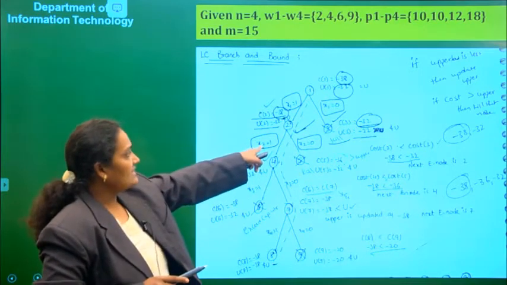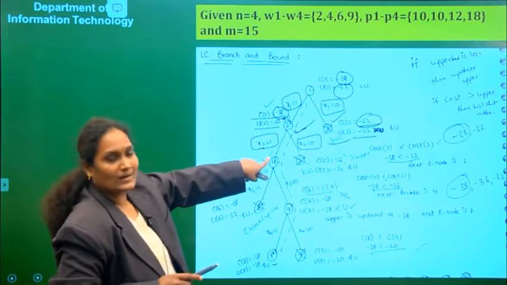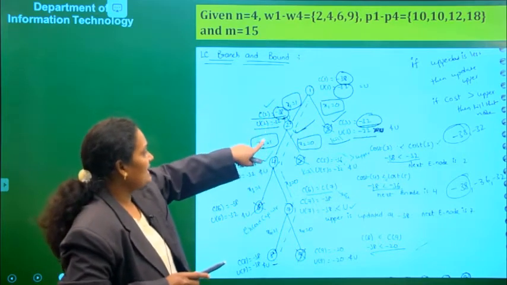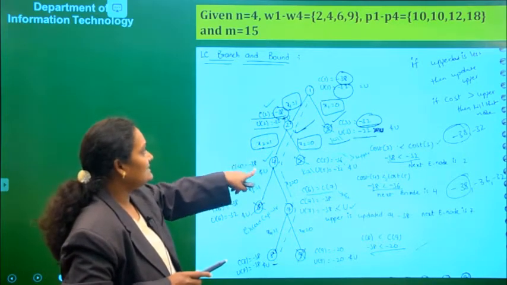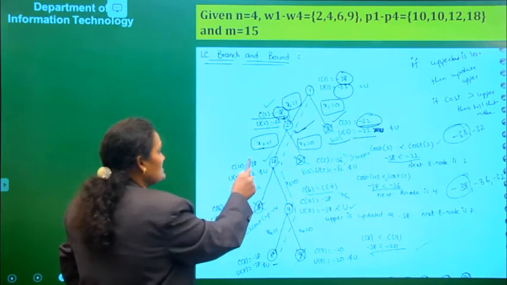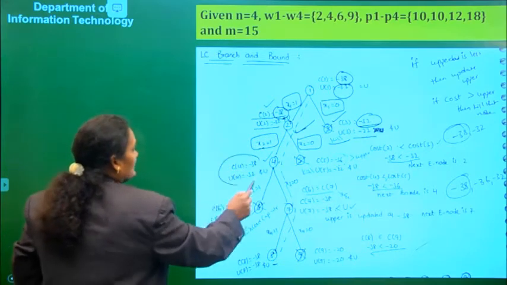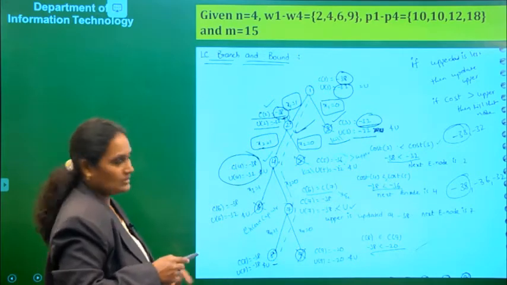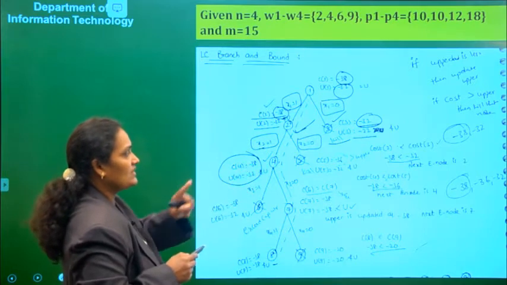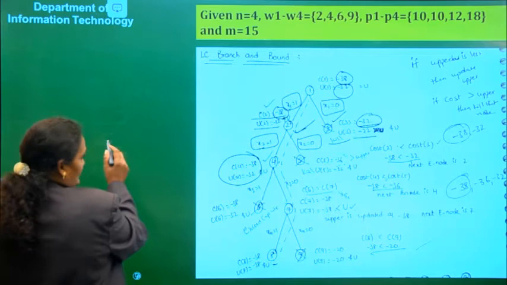At node 4, what are we considering? x2 is 1. The same thing, x1 is 1 and x2 is 1. By considering x1 = 1 and x2 = 1 only, I calculated the upper bound and lower bound at node 2. The same thing here, the values cannot change. Here I will get the same values, minus 38 and minus 32. But at node 5, the values will change.